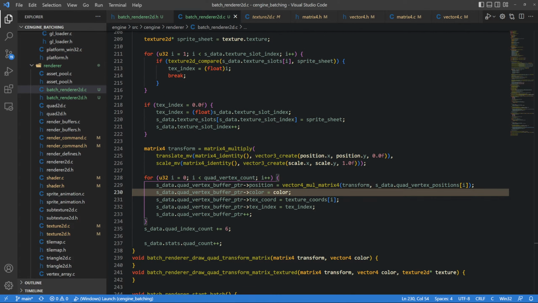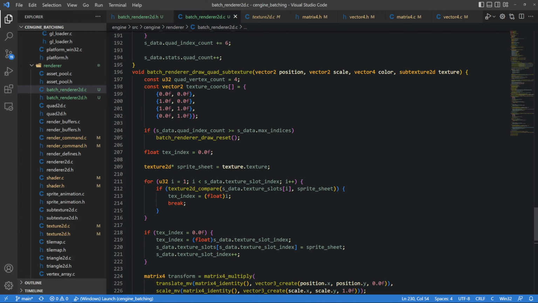Color also the same thing. Yeah, no, it's just